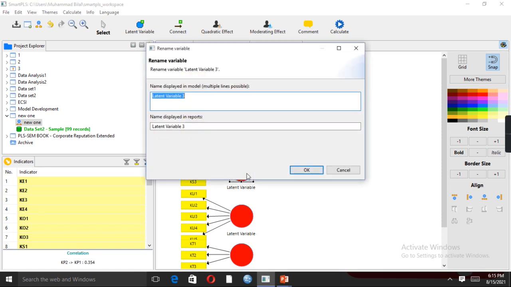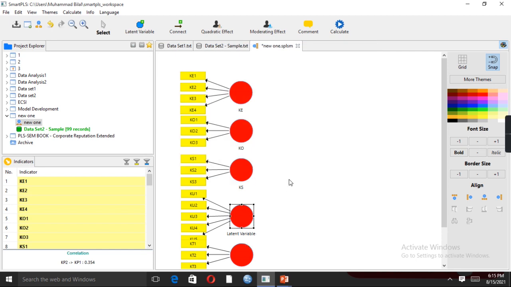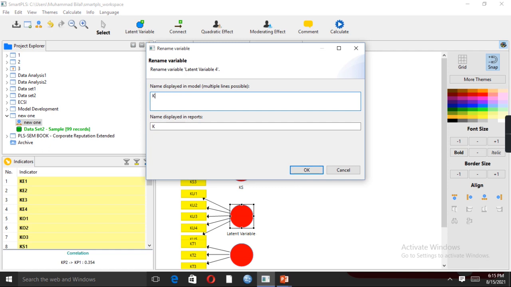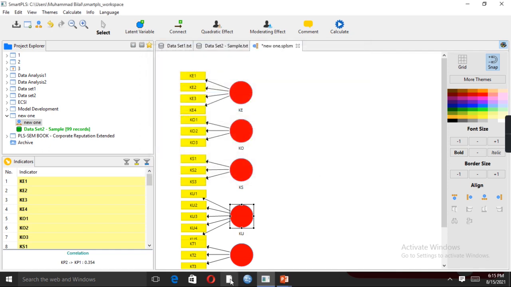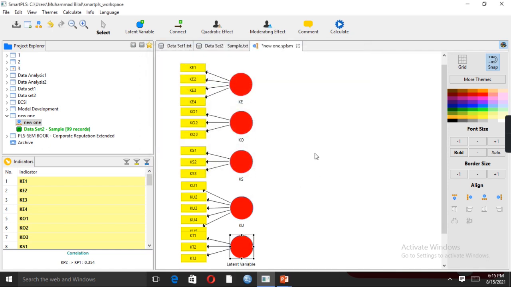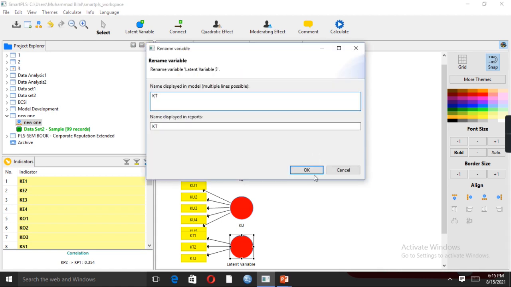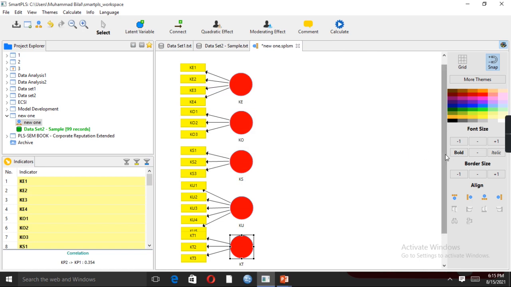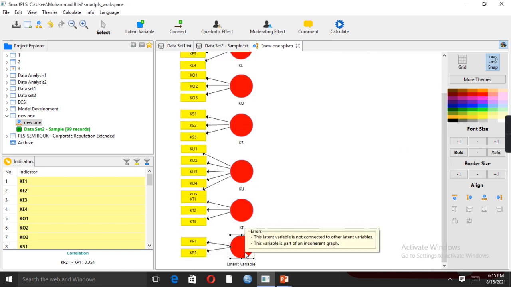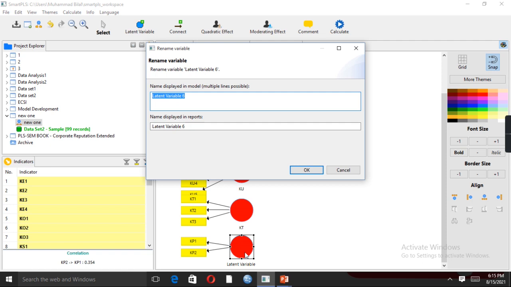The third variable is knowledge storage, KS. The fourth variable is KU, knowledge utilization. The fifth variable is KT, knowledge transfer. And finally the sixth independent variable is KP, which is basically knowledge exploitation.